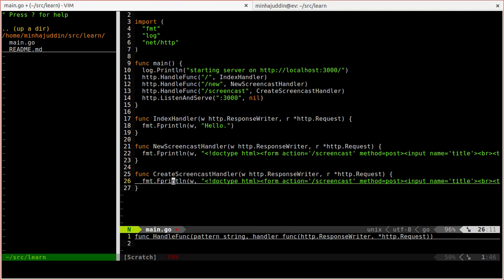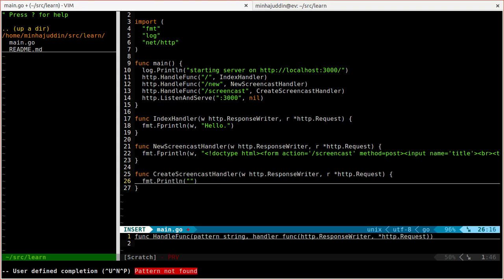And the only difference here is instead of showing the page, it's gonna store the resource, store the screencast. So here for now I'm gonna say creating screencast with a title r.Form title,